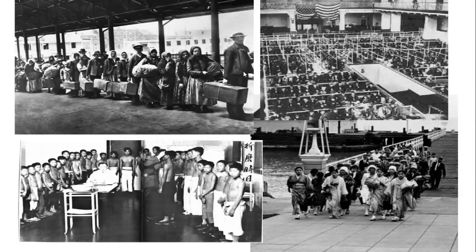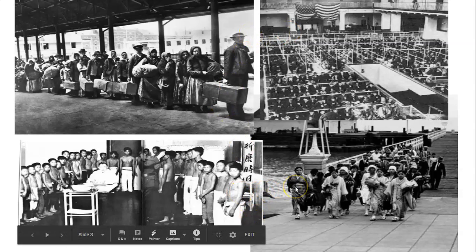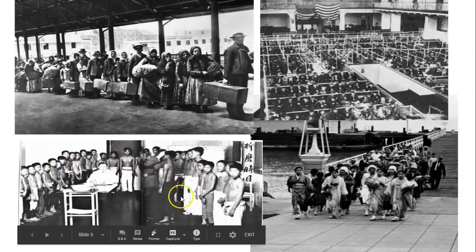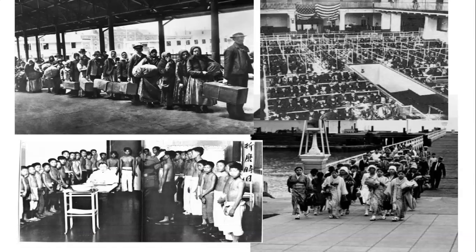So you can imagine it was a pretty stressful and very confusing situation for many of these immigrants that were arriving. These are pictures of Ellis Island, and these are pictures of Angel Island. You can see the long lines here. Also, you can see that immigrants were subject to physical examinations, looking for anything from odd birthmarks, or signs of any communicable diseases that they could be bringing in. Sometimes they were sent back to their home country, or they were quarantined for a period of time if those were found.